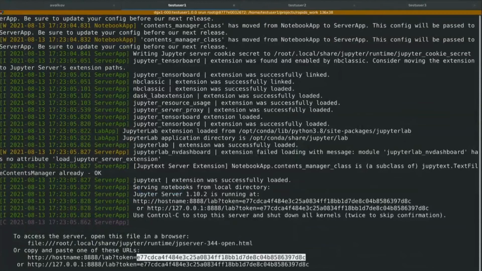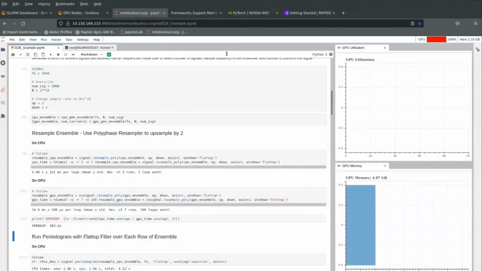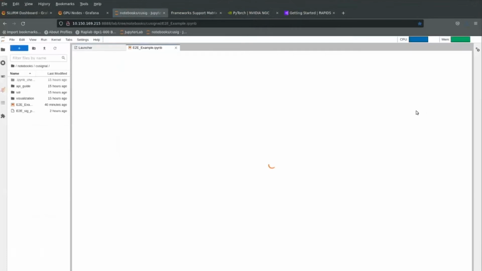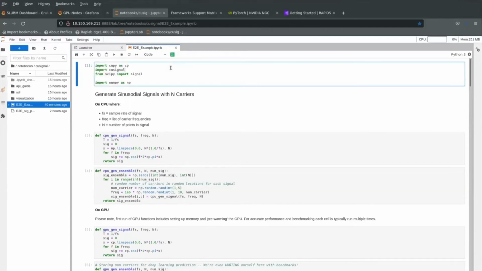And I would go to the IP address of the node. And I already had this before, but I might need this login token. And hopefully it will start up. Okay. So now I'm running the container, and hopefully I'll be able to run